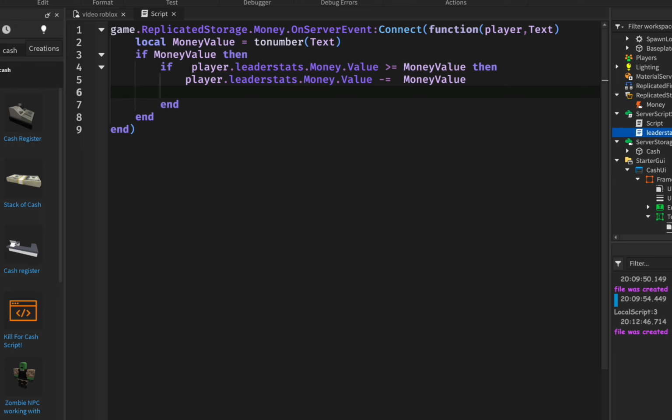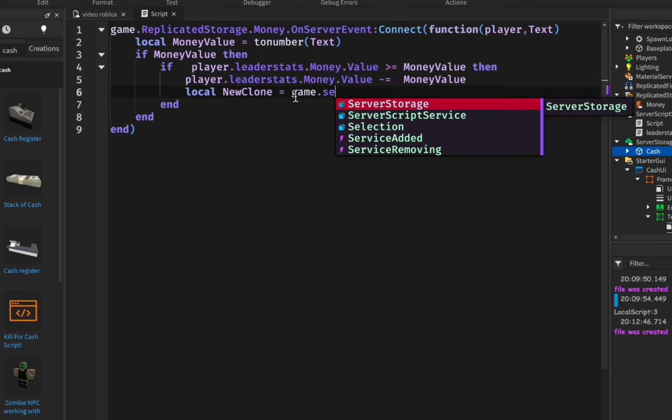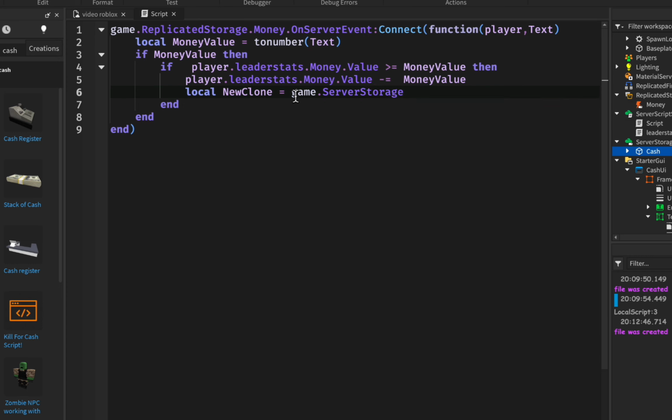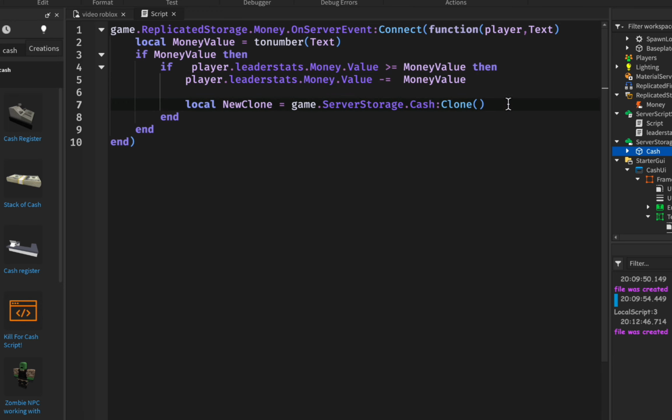So before we do anything, we're going to clone our cash part inside of ServerStorage. So local newClone is going to equal game.ServerStorage. So we're going in ServerStorage and we're going to get our cash, so .Cash, and we're going to just clone it. Now we have our own cash that we can refer to. We can use this to refer to the cloned cash that we just got, and we're going to make sure to change the text inside to the actual amount that we have. So newClone